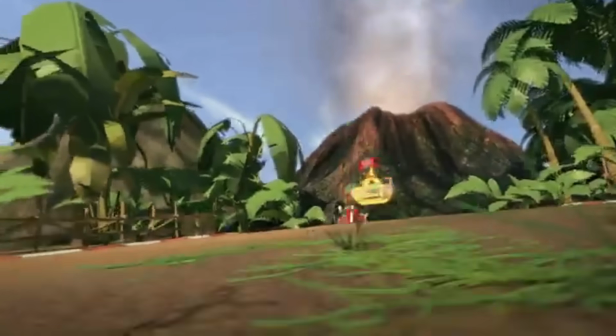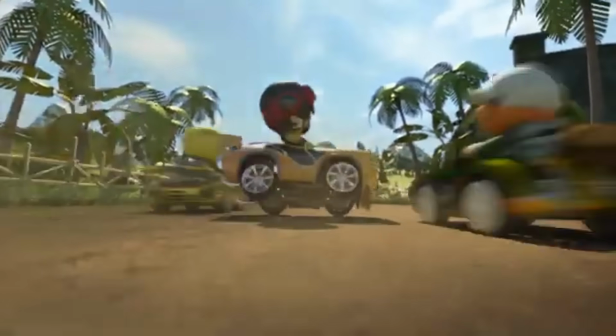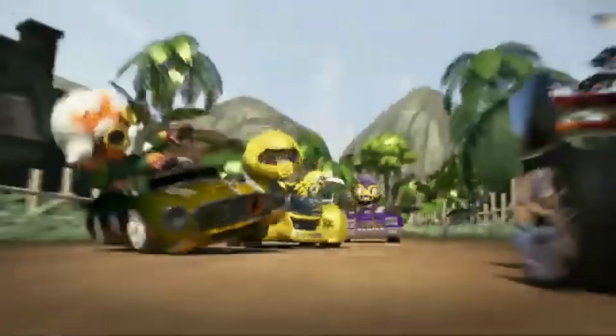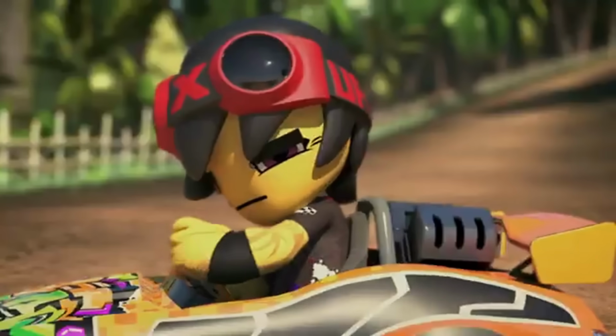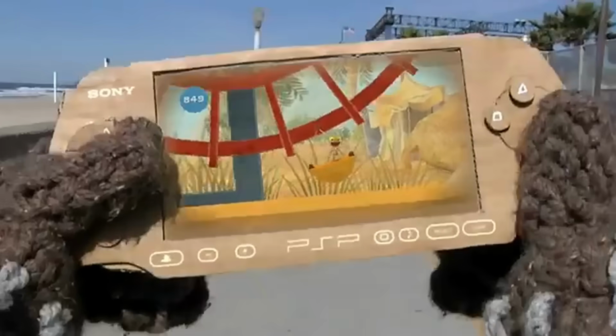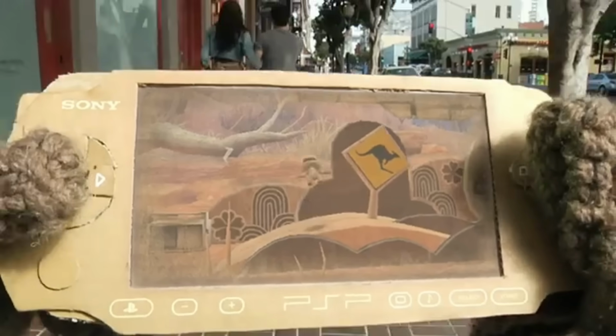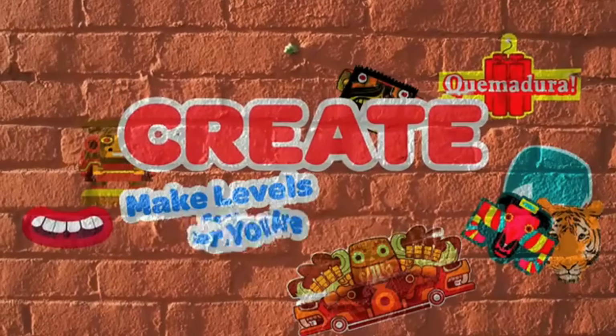ModNation PSP and PS3 didn't really interact otherwise, even their track creation suites were isolated from one another, but connecting both versions online once would give you an airplane cart body, a pilot's hat for your avatar, and a couple other cosmetic things like that. Little Big Planet PSP is another create, play, share example,